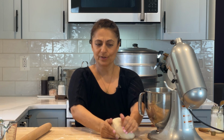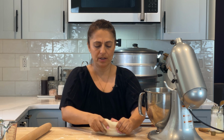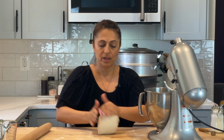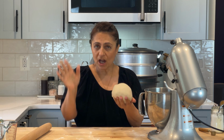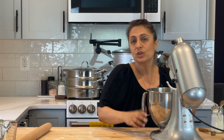And that's it. There's our dough. You can see how soft it is, how pliable it is. It's gonna be able to stretch. We're gonna be able to roll it out very thinly. Now, what we have to do is we just have to let it rest. It's worked very hard. It needs a little rest, so it's much easier to...